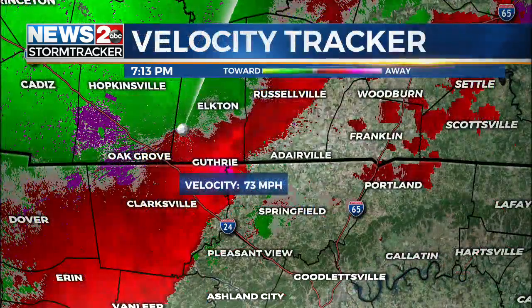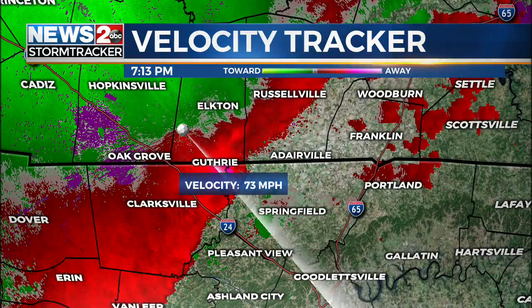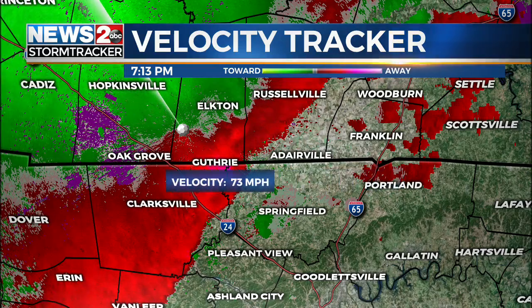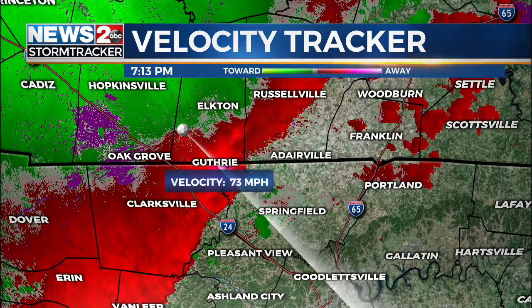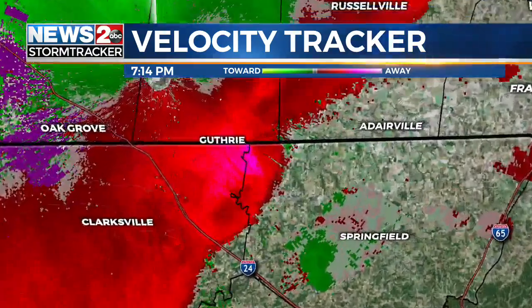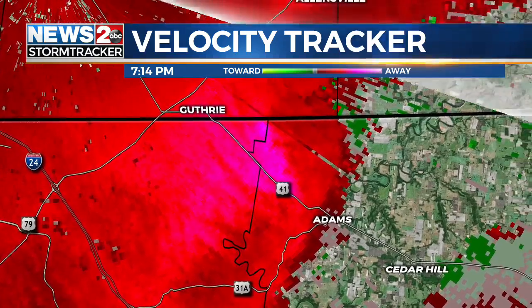Well, if you could look at Max 2 just for one second here, just across the Tennessee border from Todd County, and that would be right along the border with Montgomery County and Robertson County, probably not too far from Adams, Tennessee. This is a 73-mile-per-hour wind gust being seen by the Hopkinsville radar. And it's nice and close to the radar, which means the radar beam's not shooting way up in the clouds. So 73-mile-per-hour winds could be just right along the border right now with Tennessee and Kentucky, and the border with